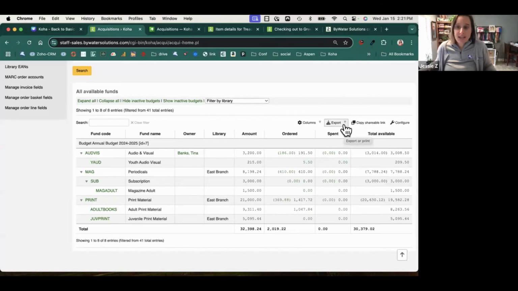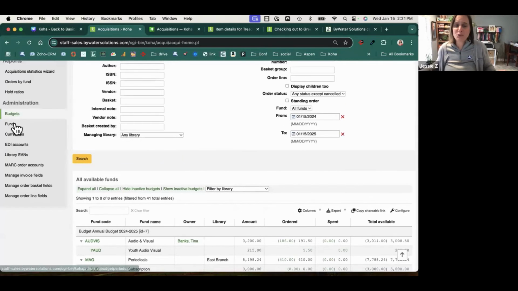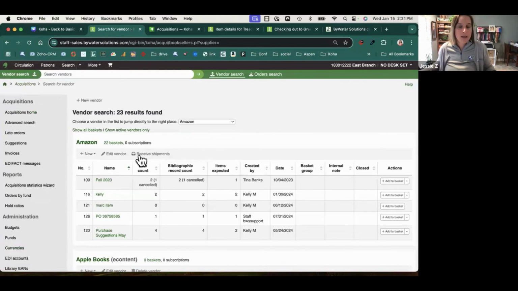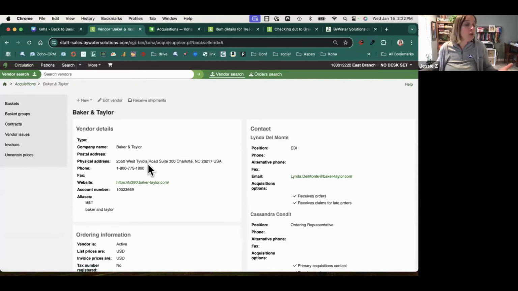These budgets and funds can be exported at any time, and there is management to modify or adjust these during the process of budget management. At the top of the screen, you'll see the ability to search for vendors. This is where you will come in and maintain all of your vendor information for anyone that you're ordering from